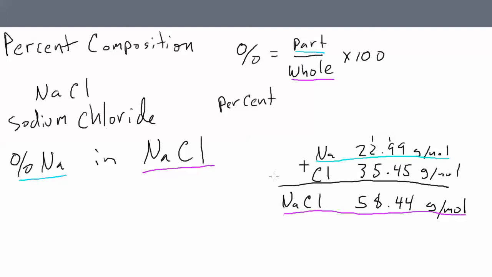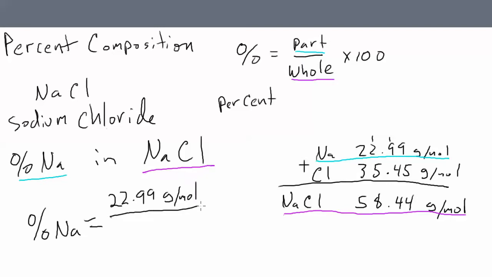So the percentage of sodium in sodium chloride would equal the part, the mass of sodium, 22.99 grams per mole,